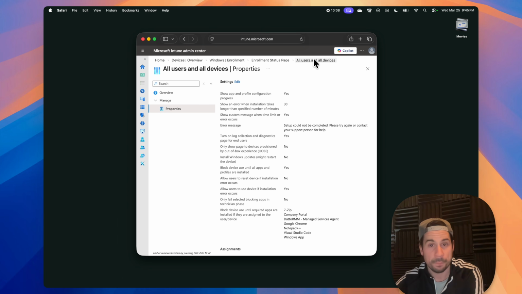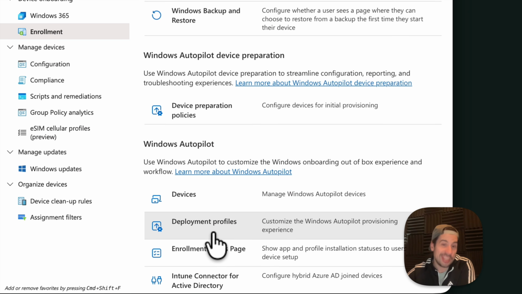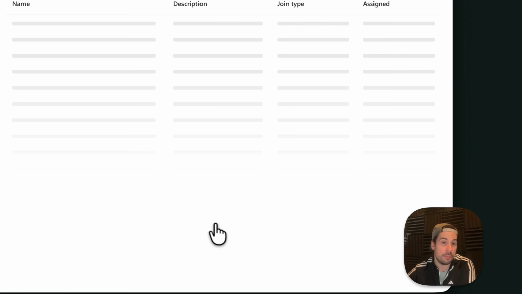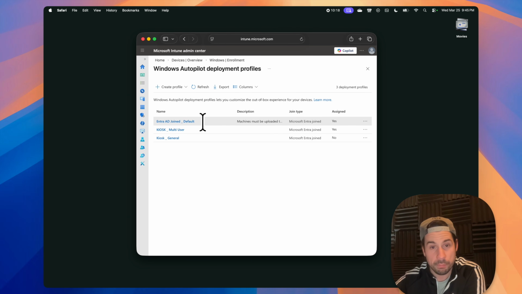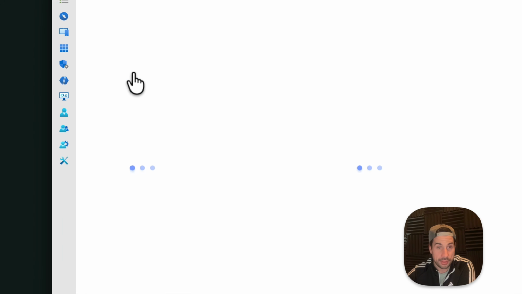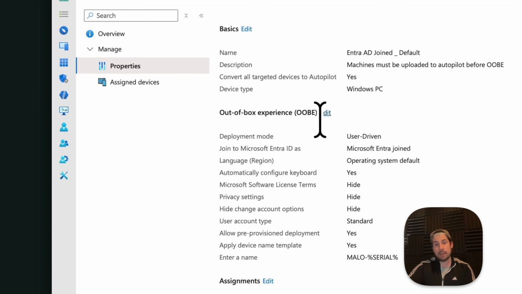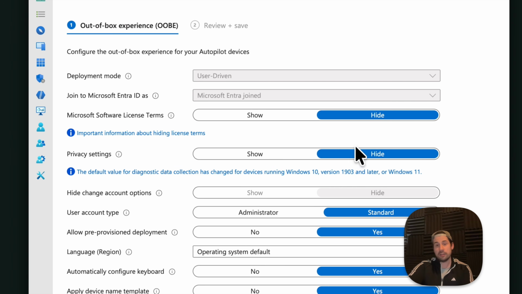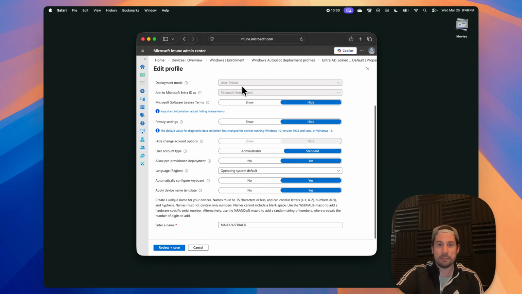Really important to note. Navigating back out here to the enrollment page, the other key part of Autopilot V1 is our deployment profile. So we'll look at a few here. You can see, again, the ability to create multiple profiles, but we're going to look at our traditional Entra AD join here. Entra ID, that's a little aged, huh? But let's take a look and we'll see our deployment mode options. We have user-driven,